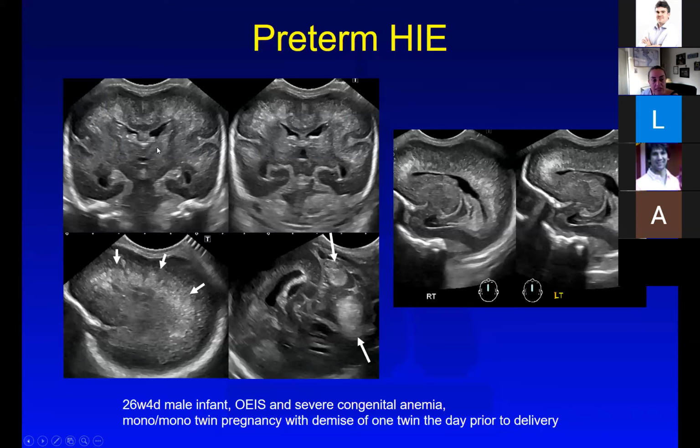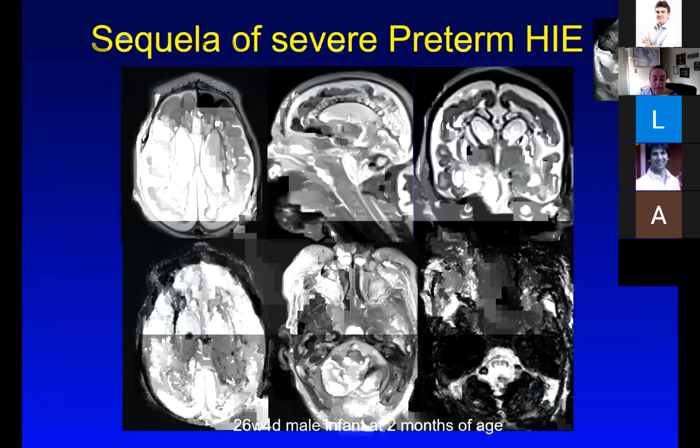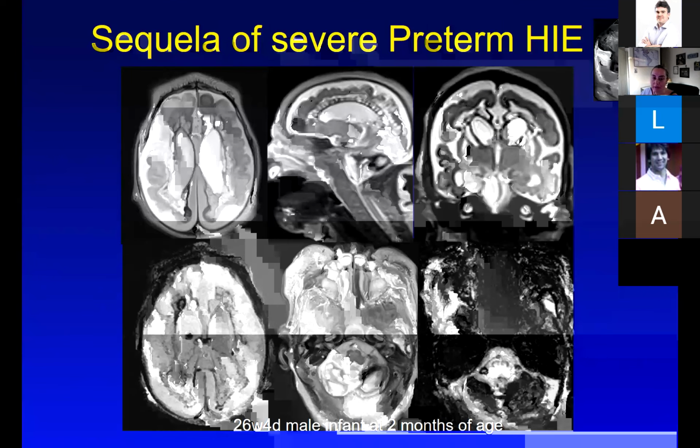The echogenicity of the basal ganglia and thalamus is also very high. And in addition, there are bilateral large cerebellar hemorrhages. Of these, what we anticipated was a profound microcephaly, profound global brain parenchymal volume loss in this patient. Approximately 2 months of age, patient was able to come for an MRI, and you can see the devastating injury